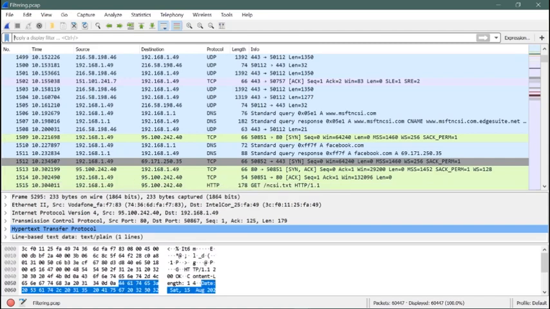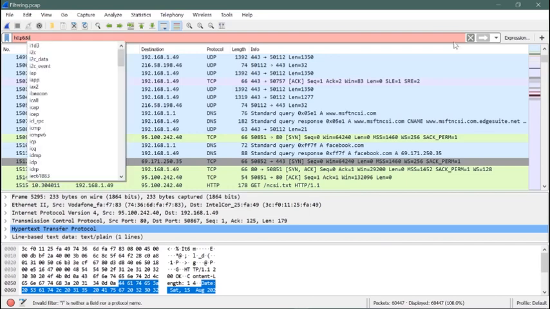Let's use this filter and type HTTP and, and then we write the source IP that we would like to see the HTTP traffic coming from. So we can go ahead and type